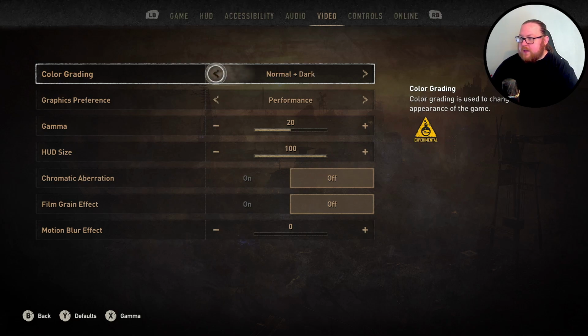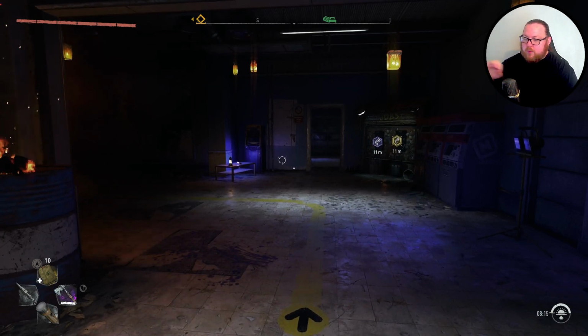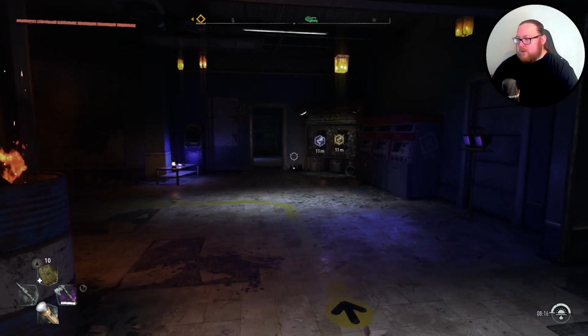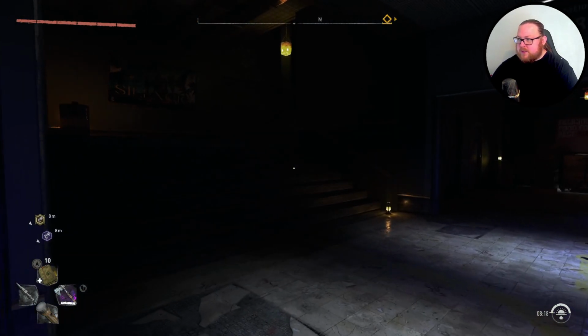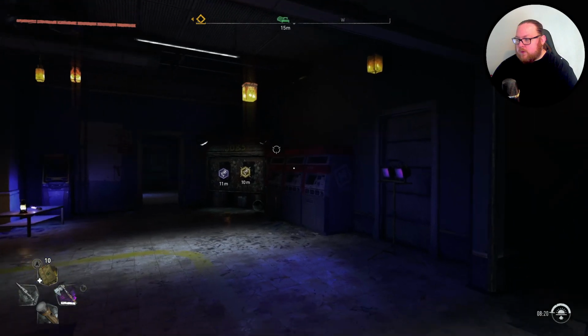So another option they added is the normal plus dark. So that's what this looks like. You can see that you still have all the bright colors, but there's a lot more darkness. This is still during the day, but you can tell that you're going to need your flashlight a bit more, especially in these underground areas. I kind of like this one personally a bit more. I feel like this is a bit more how lighting would actually work in this world,